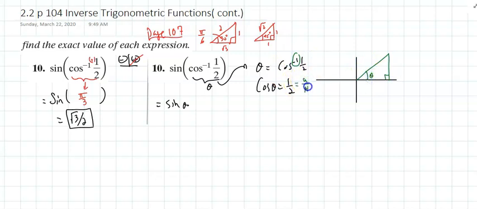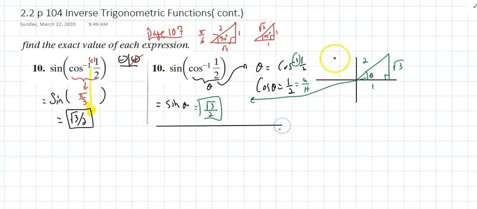This is the adjacent over the hypotenuse. That makes this a positive radical 3 because you're in quadrant 1. And if you want to know what the sine of that angle is, that would be the opposite over the hypotenuse. So, if it is a standard angle, I'm going to use this process. And if it's not a standard angle, then I must use the triangle. So, just to demonstrate really quickly, if I alter this problem,